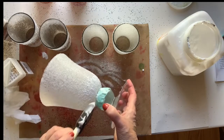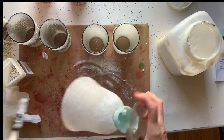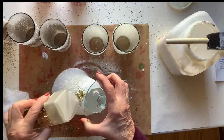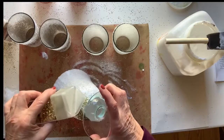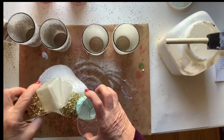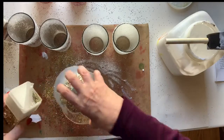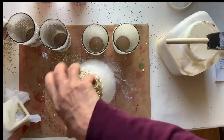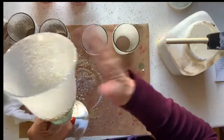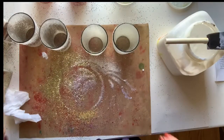now on camera, you may not be able to see, but I just did the bottom. Looks like I'm a little uneven here. There. So I'm going to take a little bit of this gold glitter. Oh yeah. Now, it's going to look a little funky and heavy right now, but once it dries and we rub off the excess, I think it'll look really cool. So we're going to let this dry, and then I'll come back and show you all the finished products, and we'll move on to our next crafting